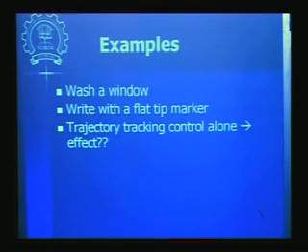So what is the effect if we do trajectory tracking control alone in these cases? Will they work? What will be the problem if we apply only the trajectory tracking control? There is no concern about force.